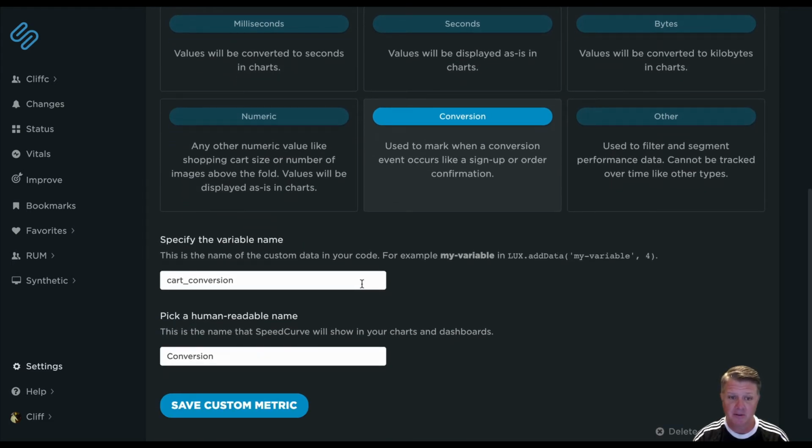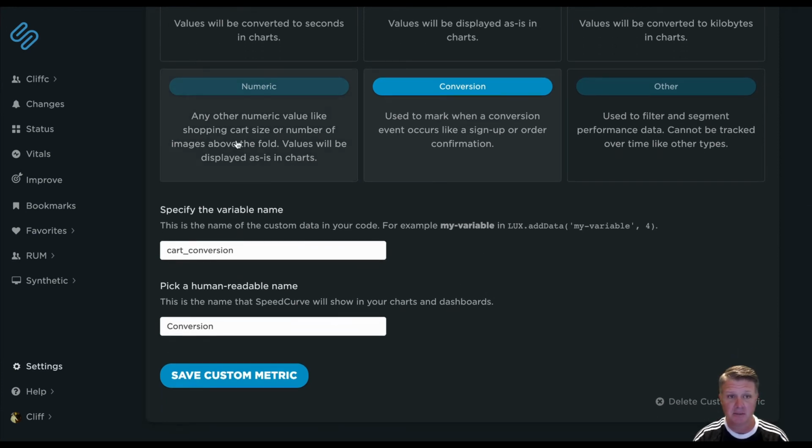And then just like before, you would pass in the variable name from the API on the client and give it a human readable name here. And this lets me do awesome things like, again, correlate how much does largest contentful paint really matter? Like what's the correlation between that and the number of users that actually checked out and converted, which we actually have found really good correlation